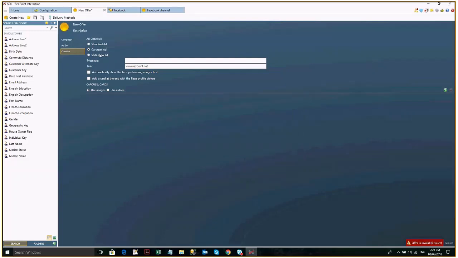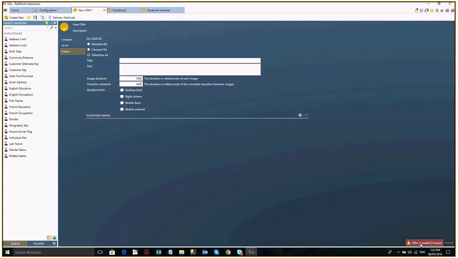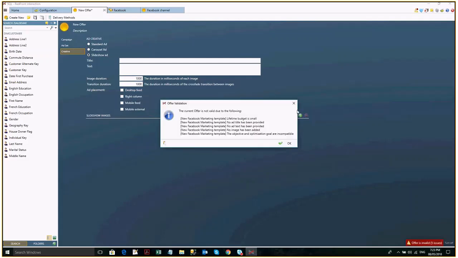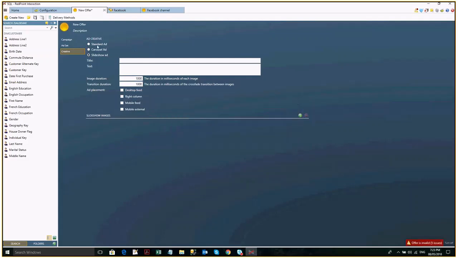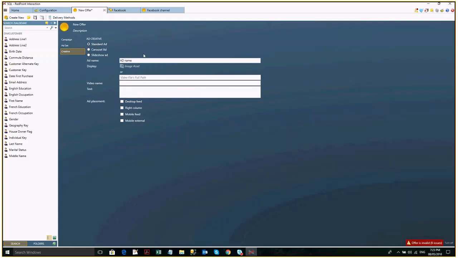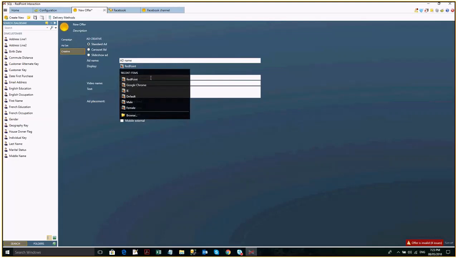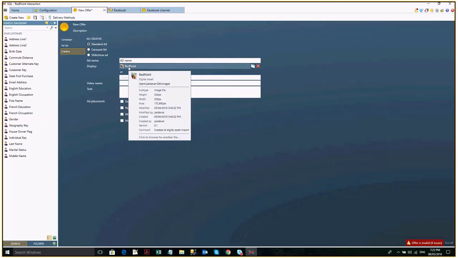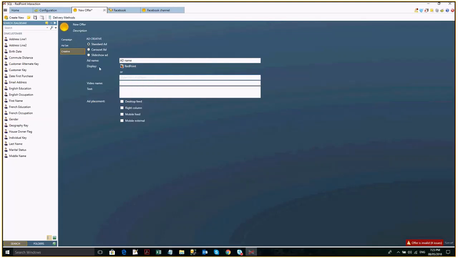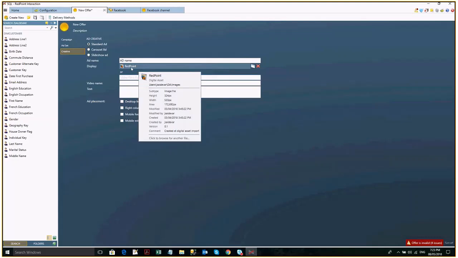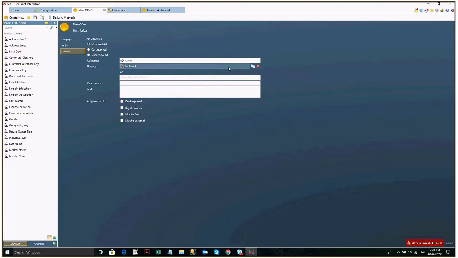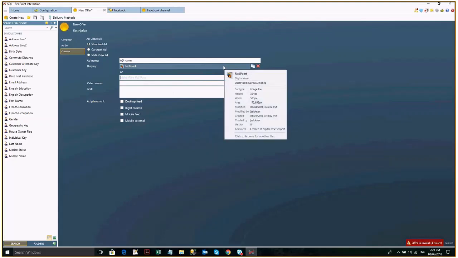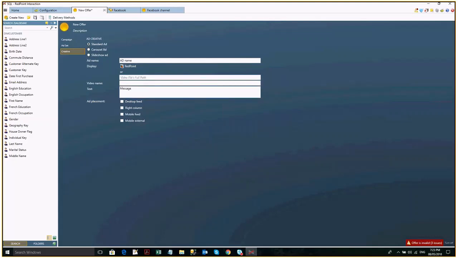Now, standard ad is either just one image or one video. So let's add ad name here, and then we either select an image or a video. If we're going to use an image, we just select this one and then add the message and then choose ad placement. Now there are 5 ad placements. So we have the desktop feed,